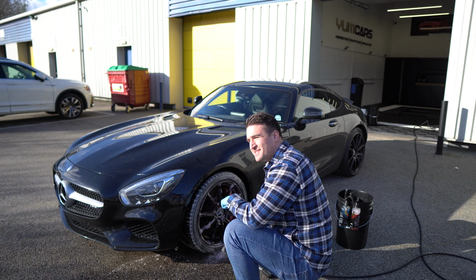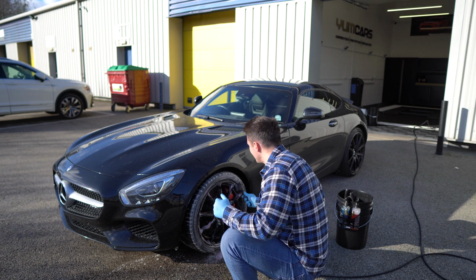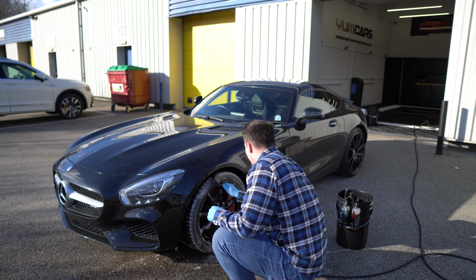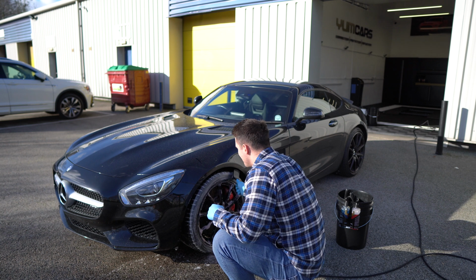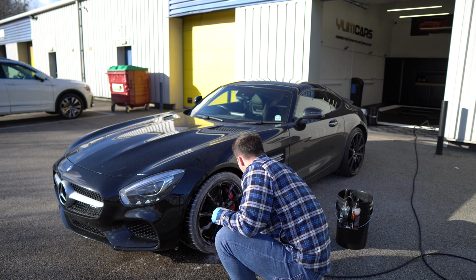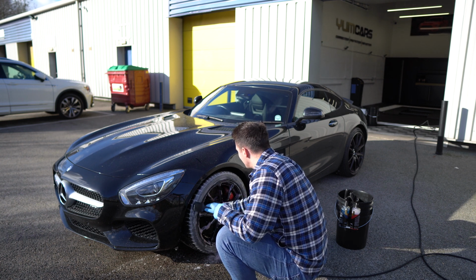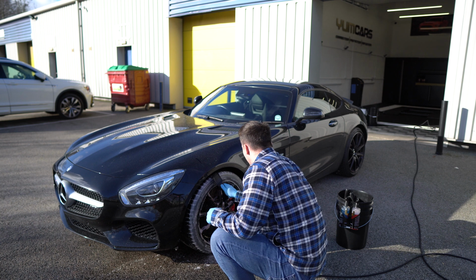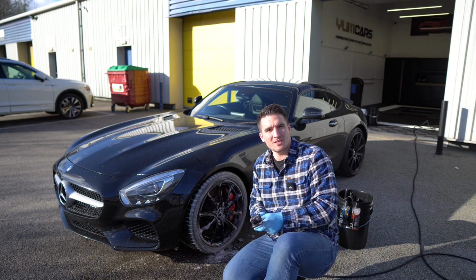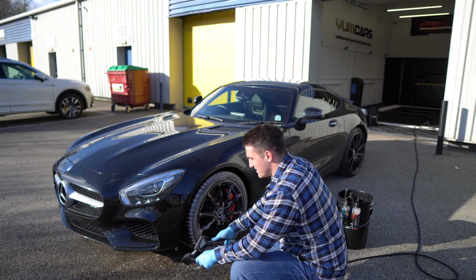So see, I've driven this for 2 weeks now. Rain, salt, as you can see the car's not in the best condition. But the foam isn't completely brown. And this is where the video I talked about how to prep your tyres from new. This is where it becomes very important. Because of the future washes that you're going to do of the actual tyre itself, you're actually helping yourself